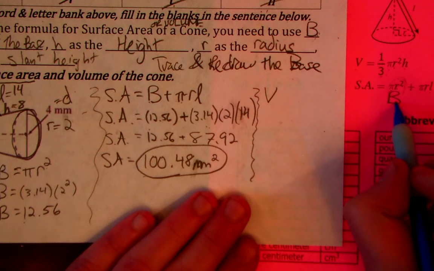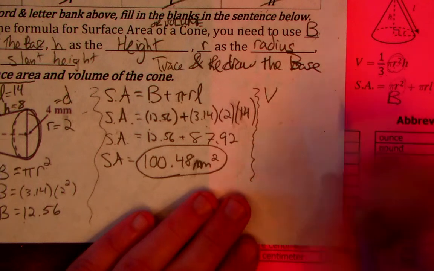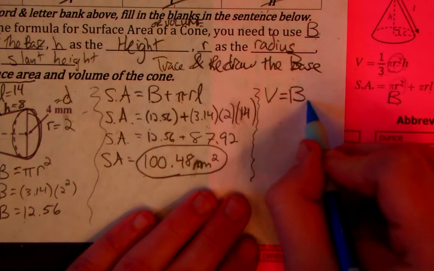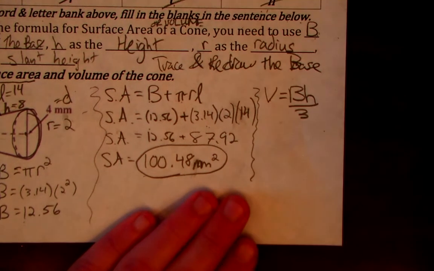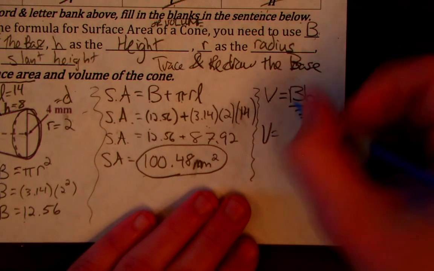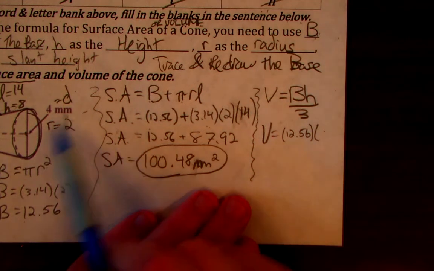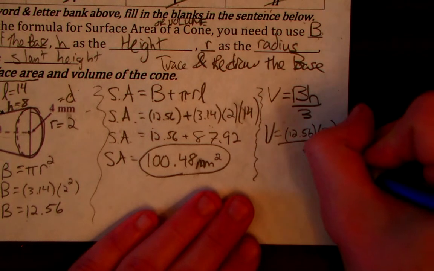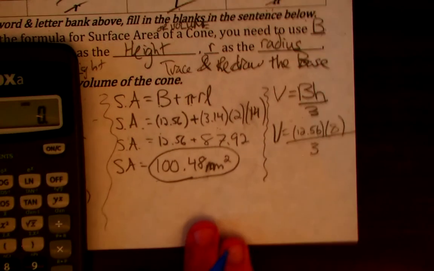Again, we can use the same strategy where we're saying this pi times the radius squared is the area of the base, or big B, and so that way it's a little bit simpler. So we have volume is equal to the area of the base times the height divided by 3. Again, this is a lot simpler for yourself. Plug in those values for those variables. So we have that 12.56 times the height, which is, let's find it, 8, all divided by 3. Again, we want to work in the numerator first, and so let's have